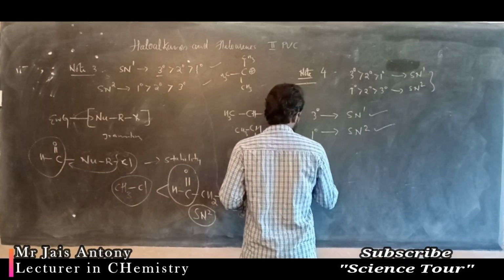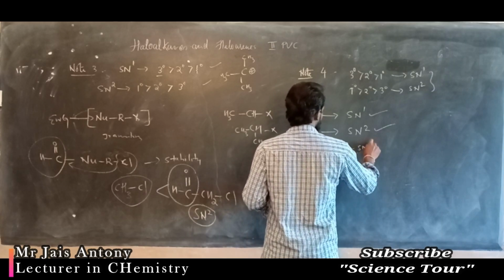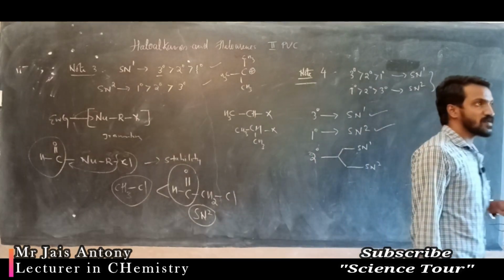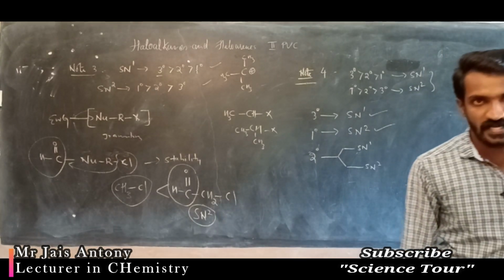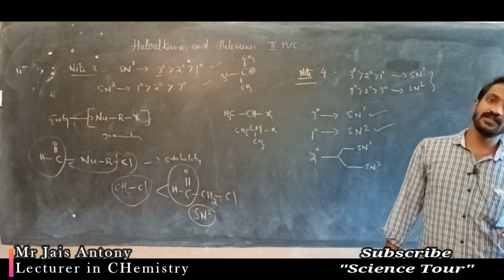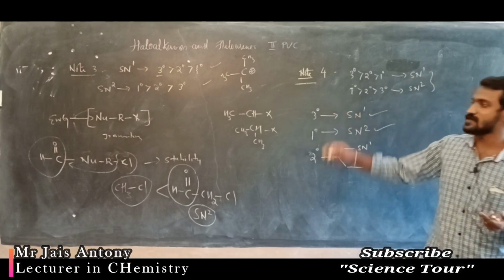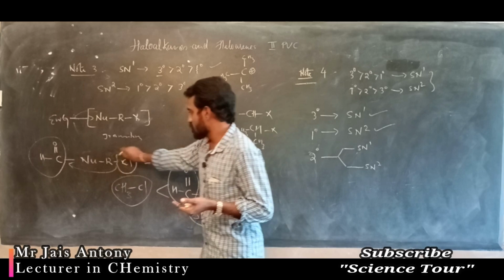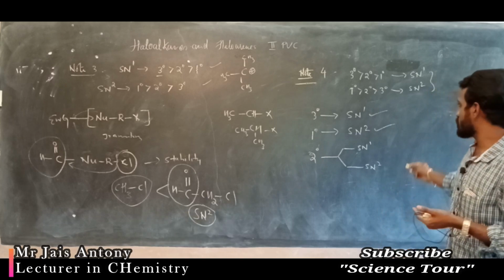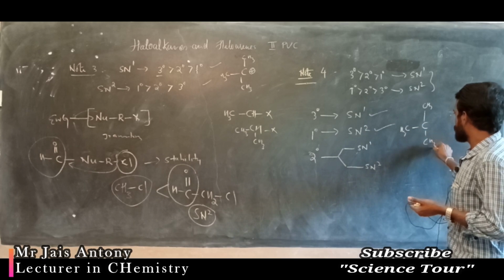If a secondary carbon is there, there is a chance of SN1 and SN2 reaction. So in a question you just check whether the leaving group is attached to a tertiary carbon or secondary carbon or primary carbon. If the leaving group is attached to a tertiary carbon, then you will easily come to know that it is SN1 reaction. The leaving group means halogen, understood? This is the leaving group. For example, I will write a tertiary carbon like this, CH3, CH3, CH3, and this is chloride.